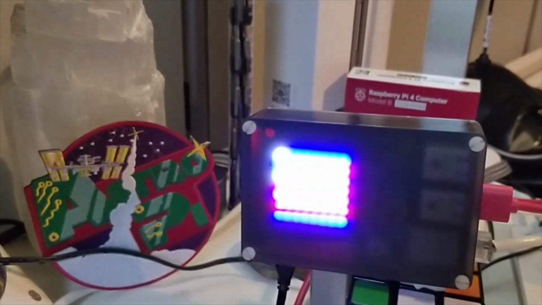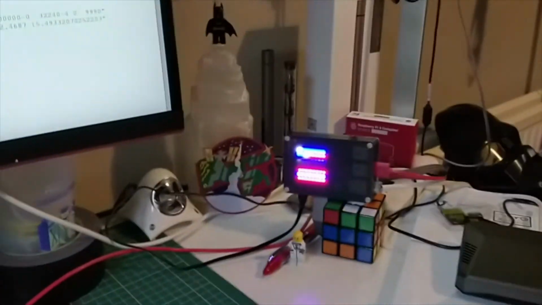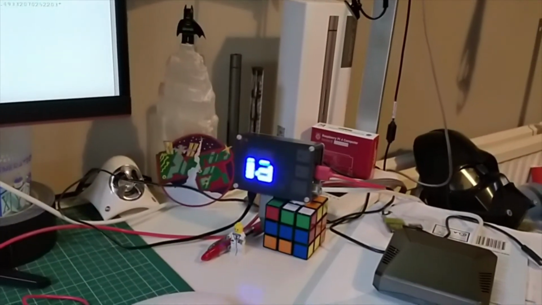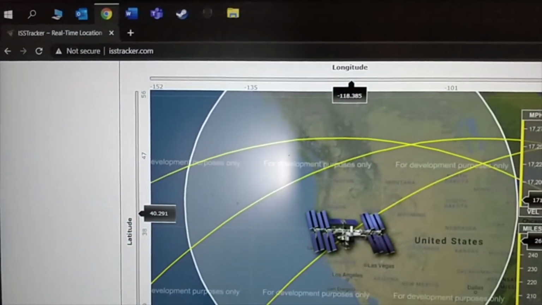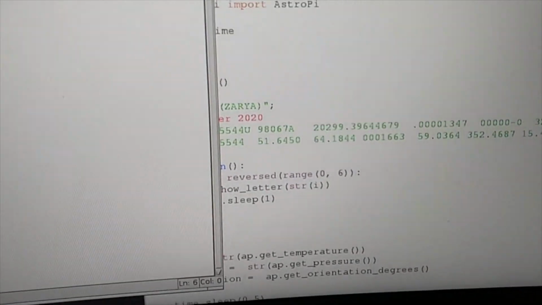So this is showing the flag for the United States. Obviously it's not flickering, this is just on here. And as you saw earlier, the ISS is just going over the United States, so still working. What you're probably interested in is the code. This is running all on Python, and